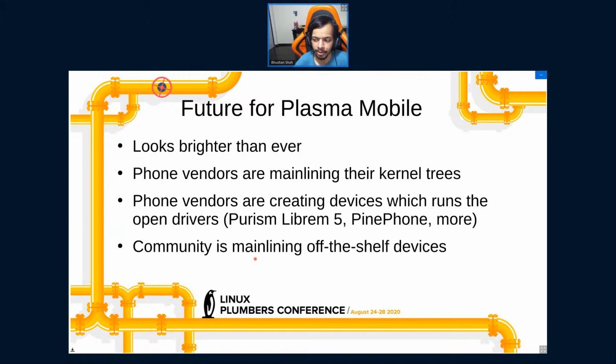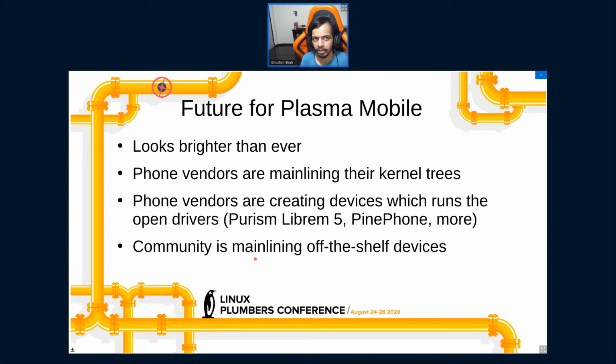Also worth mentioning is the mainlining of off-the-shelf devices, as we heard in the chat about the Nexus 5. Nexus 5 was one of the off-the-shelf devices, but at some point the community decided, hey, since MSM8974 is very well supported in the kernel tree, why don't we support the Nexus 5?